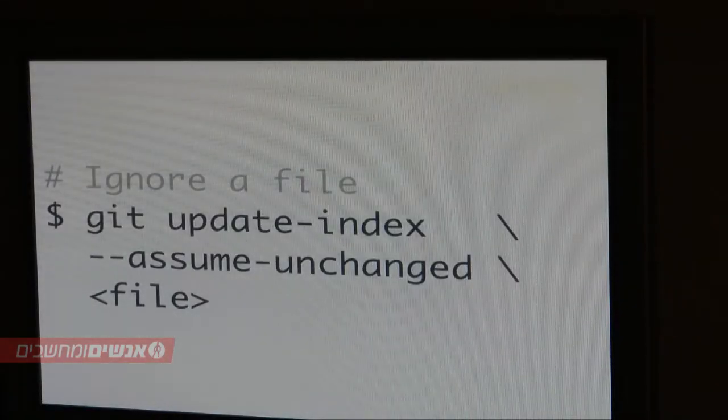And a random thing you might find interesting: this plumbing is questionably useful in a lot of circumstances, but this is one command that I've found useful, where I might have some local changes to a file that's still in the Git repository. I don't want to put it in a .gitignore. This is very specific to my change. If you do update-index with assume-unchanged and give it a file name, it'll never worry about that file in the staging index. It'll always pretend that file is a clean file, which can be useful.